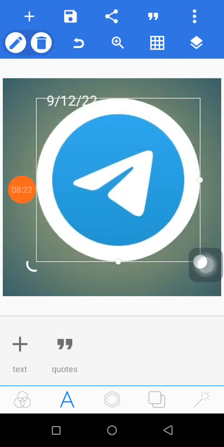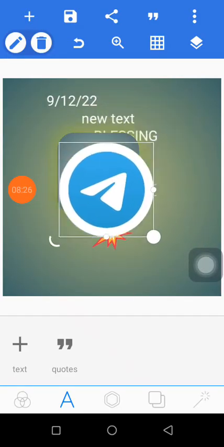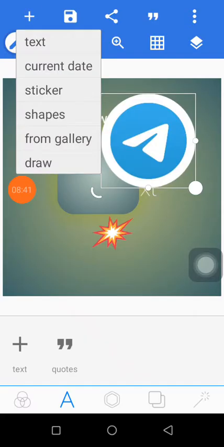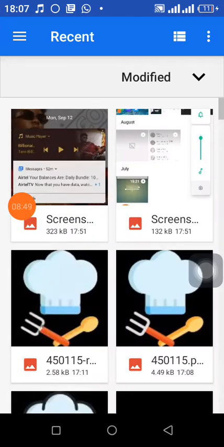Okay, we've brought it down here. So that's what this gallery is for. Gallery is for you to bring images. You get images from your gallery to input to the Pixellab for you to work on. Okay, now let's get one more image so that you understand what I mean. You can actually use the image gotten from gallery as a